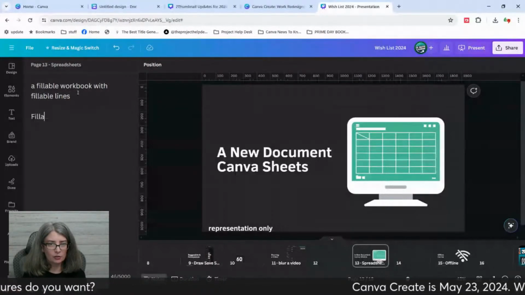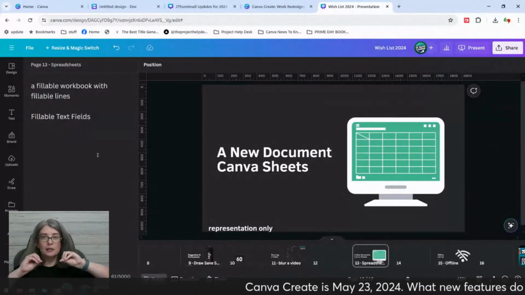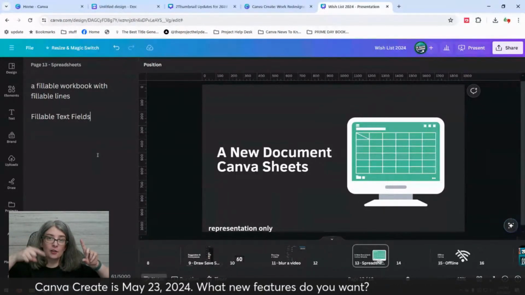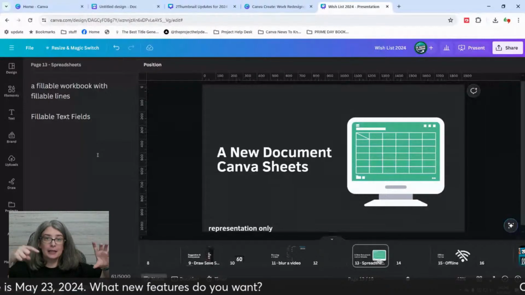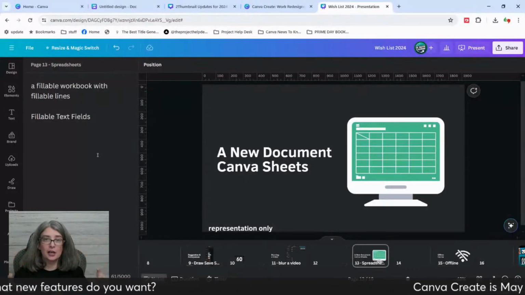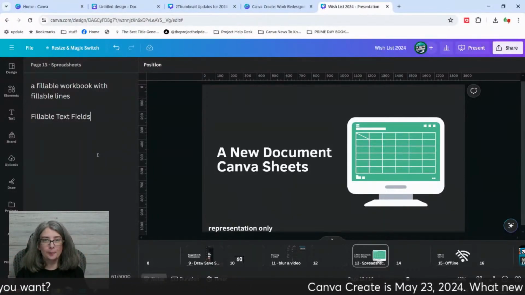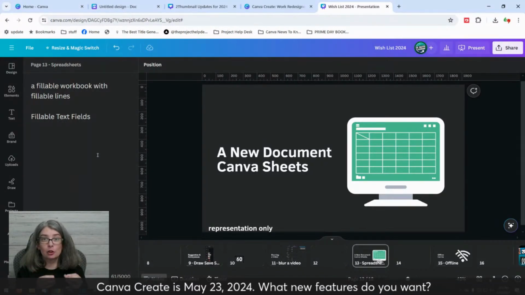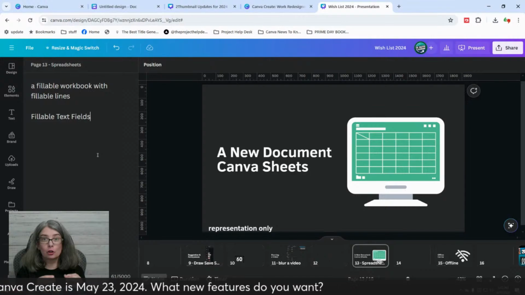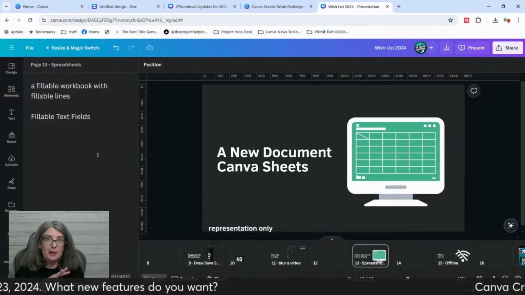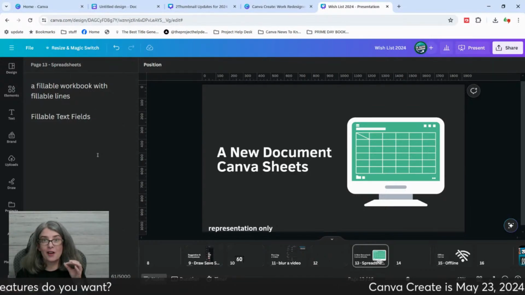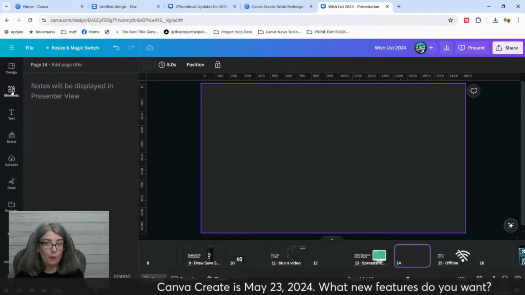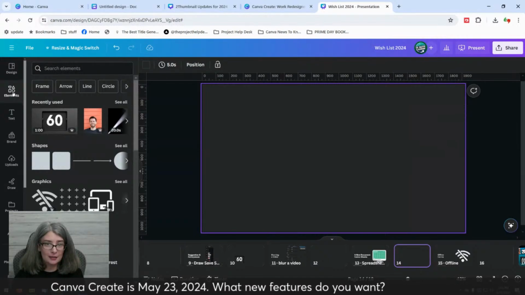fillable text fields. Okay, so here's my other suggestion. In the description of this video, don't go now, but in the description, I've left a link for how you can make suggestions to Canva. I know that they look at those and really think about whether they're going to put them on the roadmap, because several of my feature requests have actually been implemented into Canva. Let me show you an example of one that I suggested.